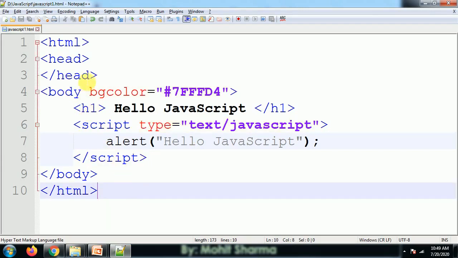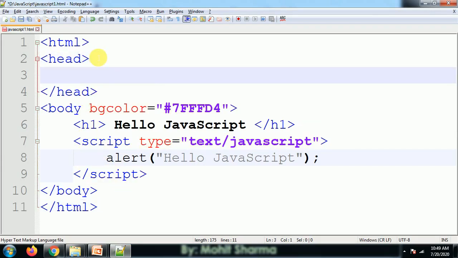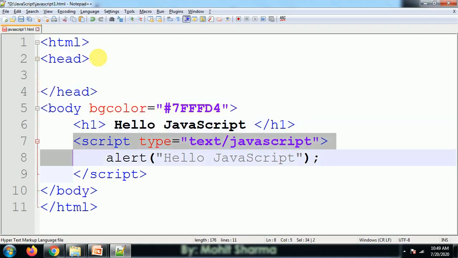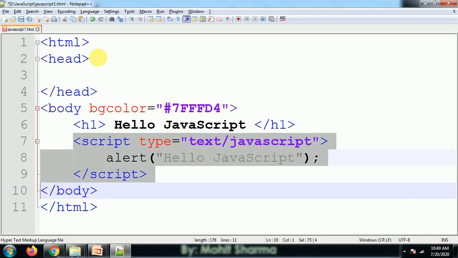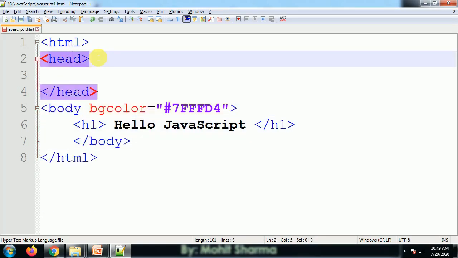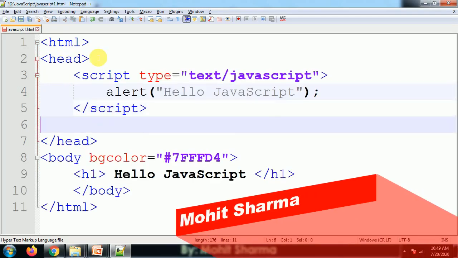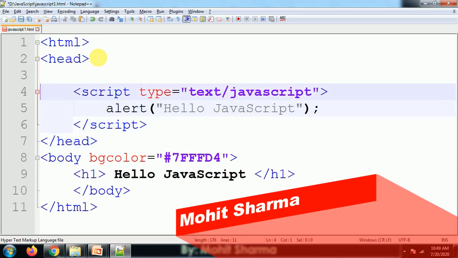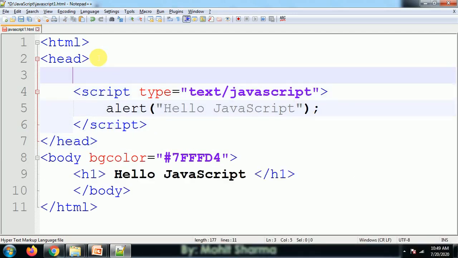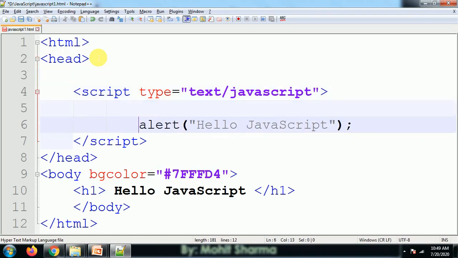Now the other way is inside a head tag. For that purpose I use the script tag. I'll cut this one, and where I have to put it, I'll make a function for that purpose, and I call that function.